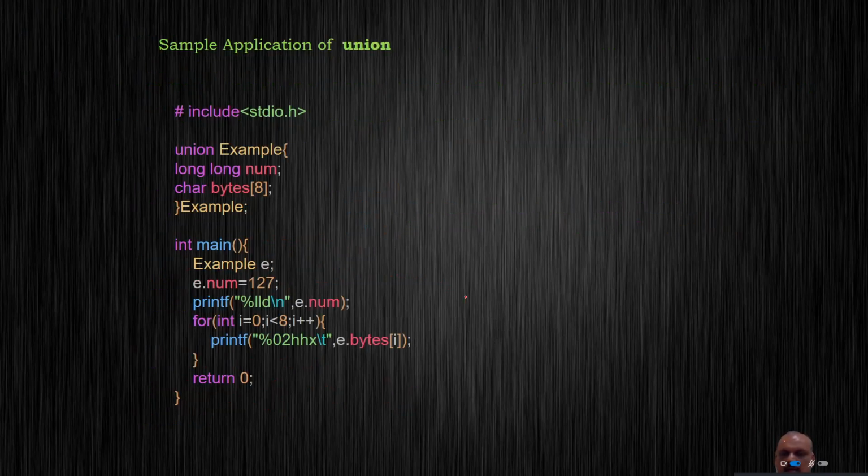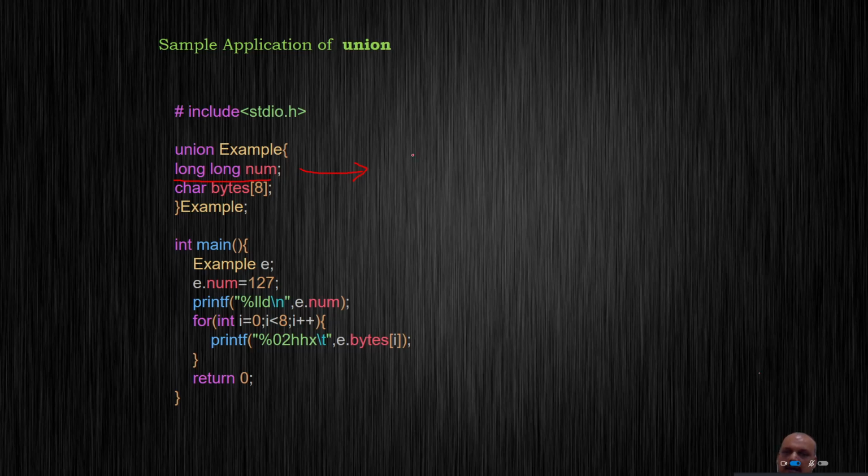Okay, so you might wonder, where do I use this union? Given here is an example where you might find application of union to be very effective. Suppose you are asked to print out a big data type, say a long int num.